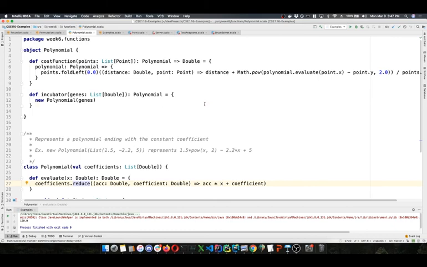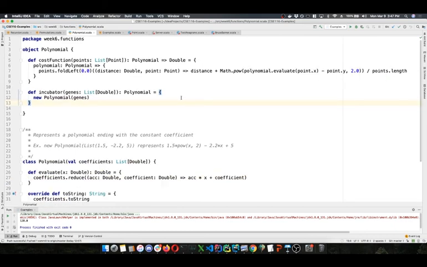And then when we want to compute this cost function, this is thinking back to the first thing that we were talking about. We need some cost function that takes a polynomial and returns a double. How much does this polynomial cost me, according to a certain list of points? So given a list of points,